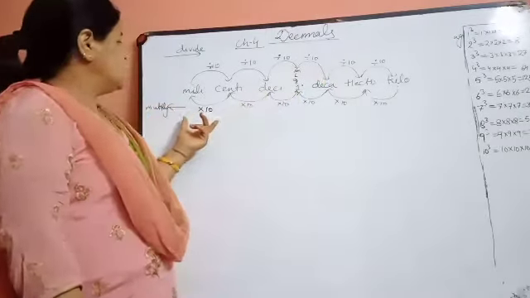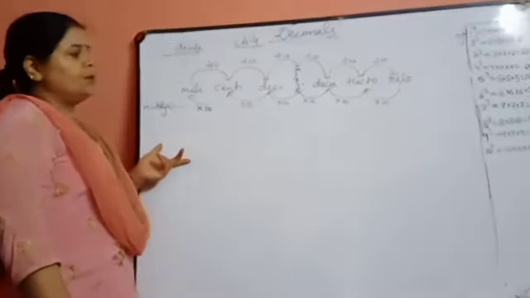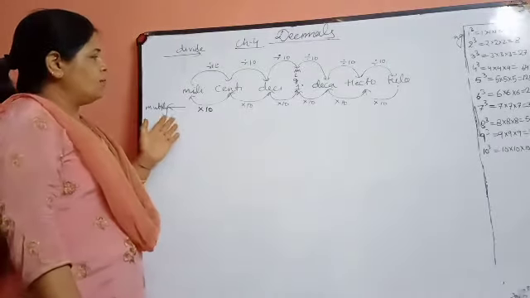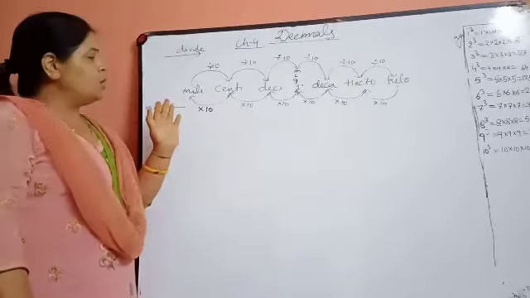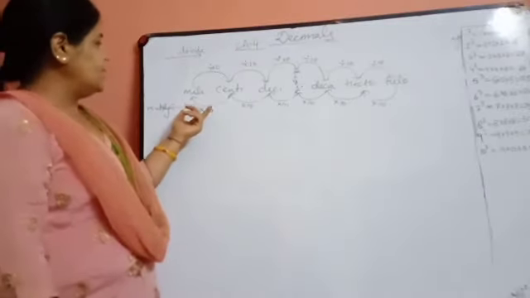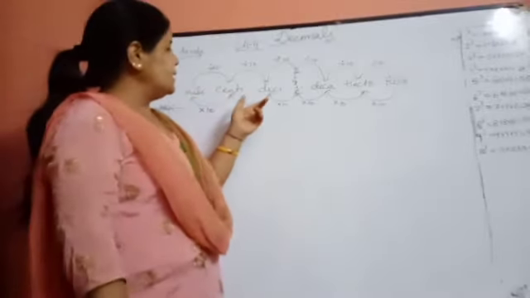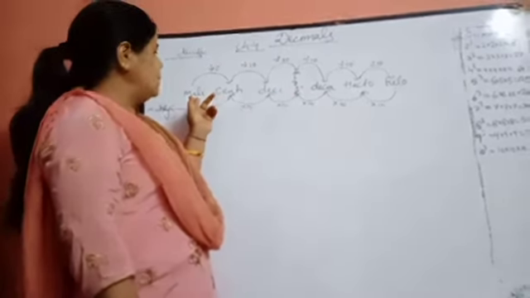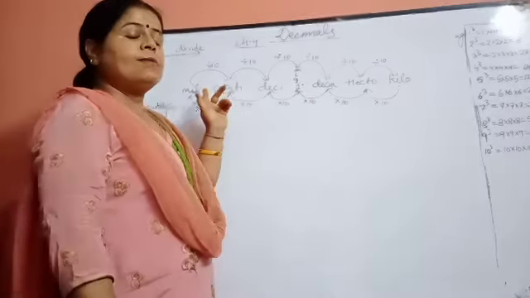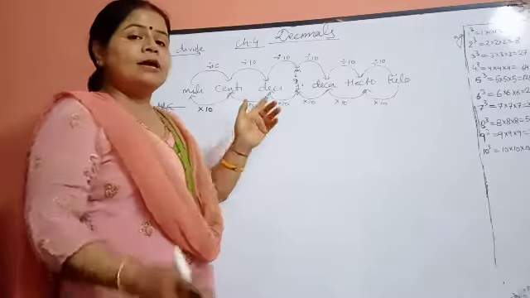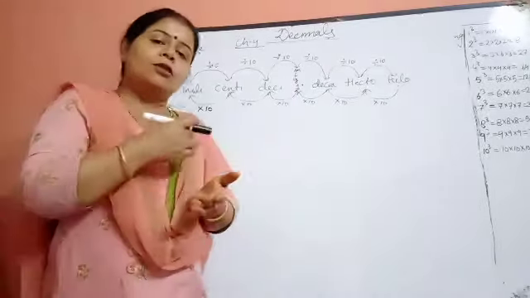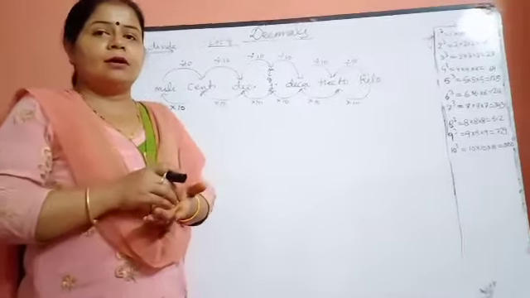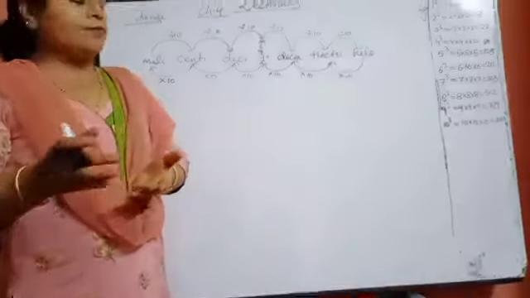This thing you have learned in the previous classes also, how to convert a smaller unit into a greater unit and a greater unit into a smaller unit. But here again I have made a table for you: milli, centi, deci, 1. It can be millimeter, centimeter, decimeter, it can be milligram, centigram, decigram, it can be milliliter, centiliter, deciliter. Means for all the units, either it will be liter, gram or meter, for all these things we will use this table.